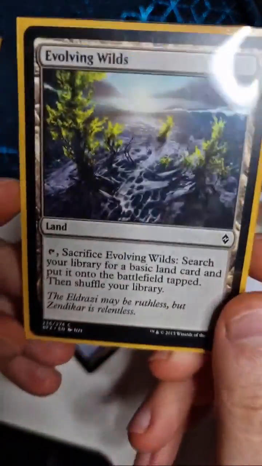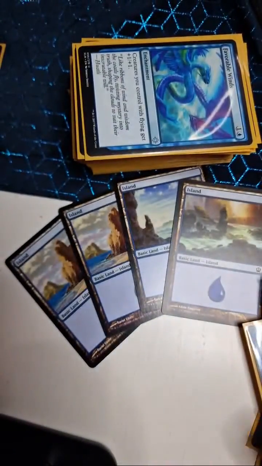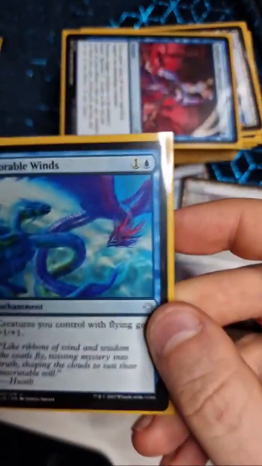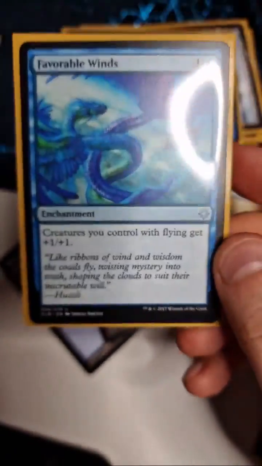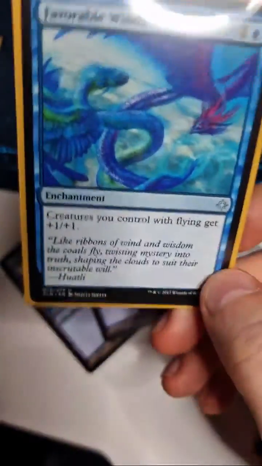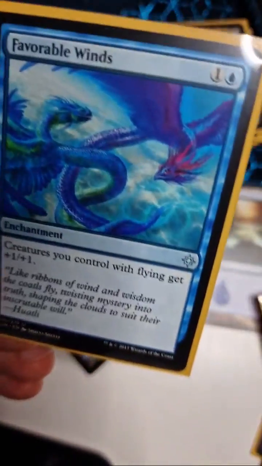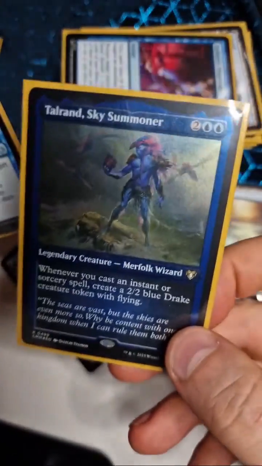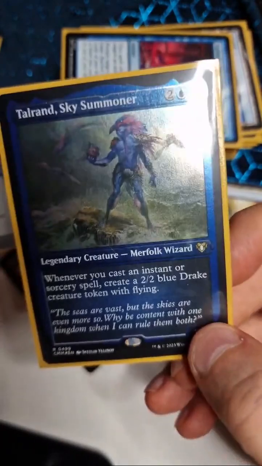This is a land and it's a pretty cool one. I get to tap it and sacrifice it and just search my library for a land and shuffle my library, which is pretty good. Creatures you control with flying get +1/+1, and I don't think I have a creature which isn't flying in this deck. The only exception is probably my commander. He gets counters that fly, but he doesn't fly himself, so...